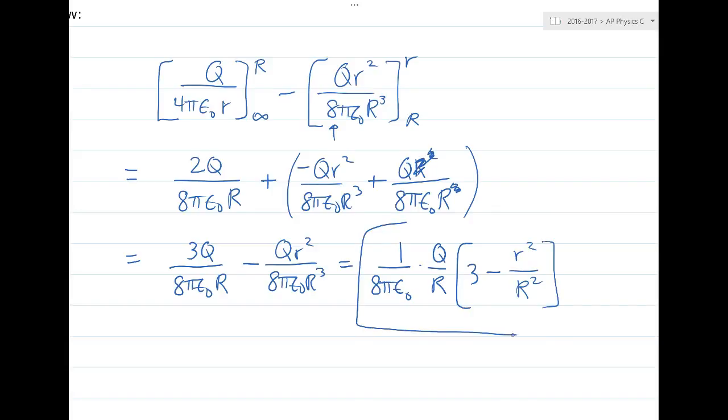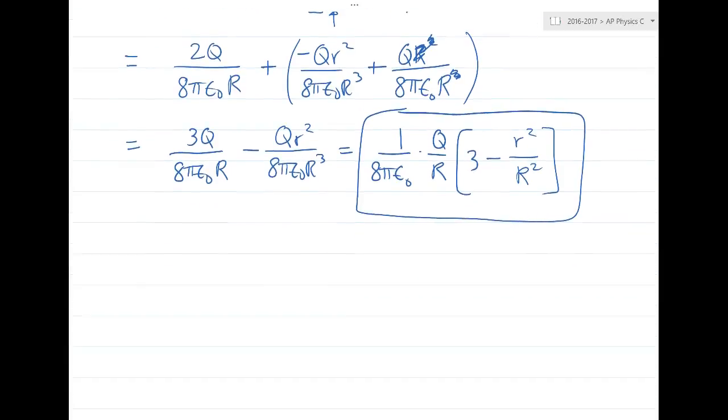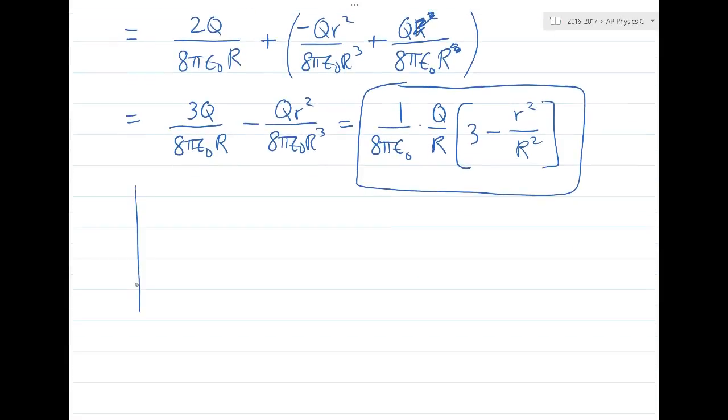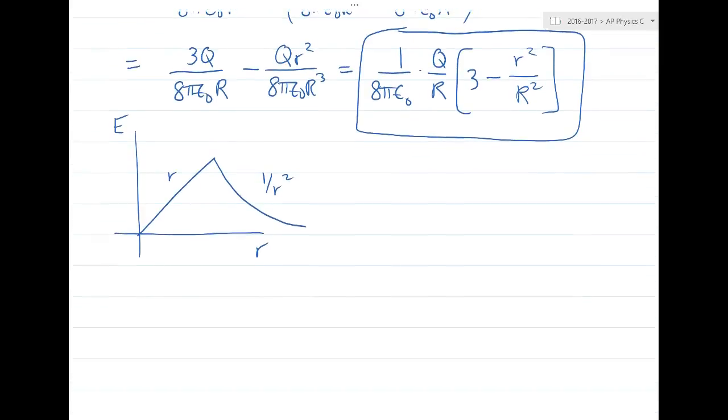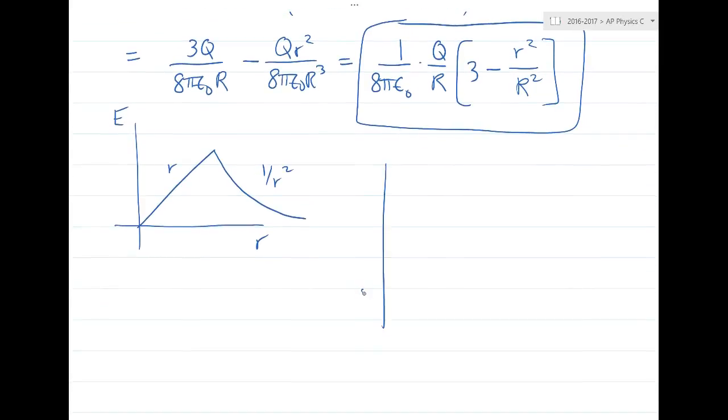And this is our expression for the electric potential, which, if I remind you of our graphs without going back to that other slide, E versus R was linear and then 1 over R squared. Okay, and V versus R,